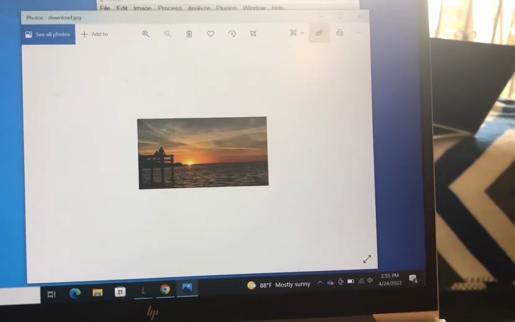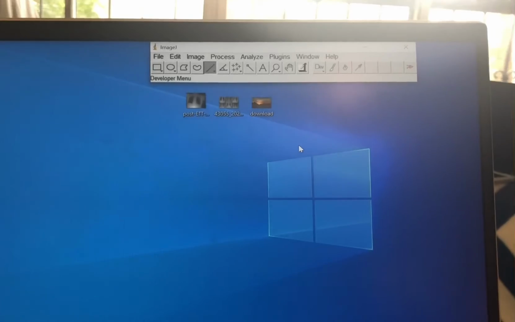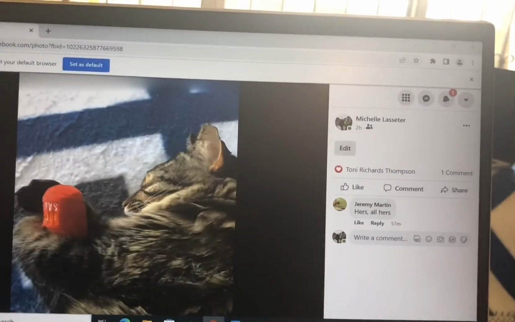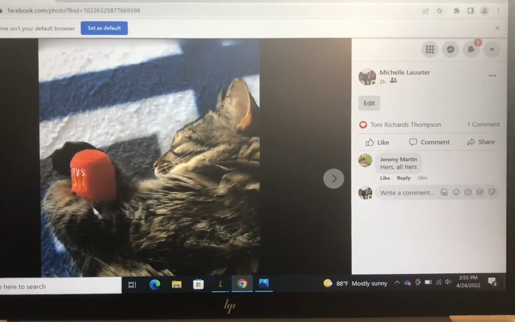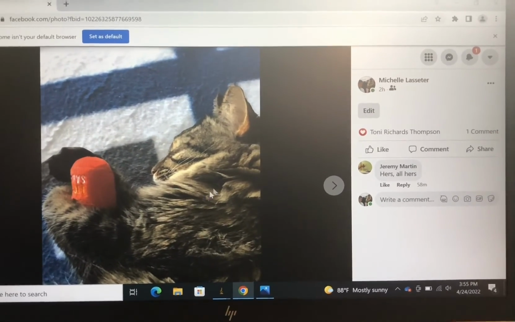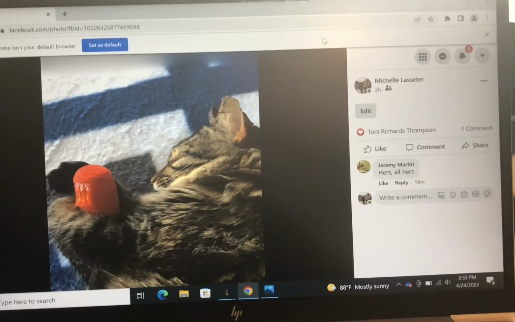To get a 3D image, I don't know how to use a 3D image in ImageJ. It looked complicated. So I'm going to use something I'm familiar with. I'm going to use Facebook. This is a 3D image I took of my cat, and if you move the mouse around, you can see it looks like you're actually moving around my cat. So it looks like it's right in front of you. So to get this image,